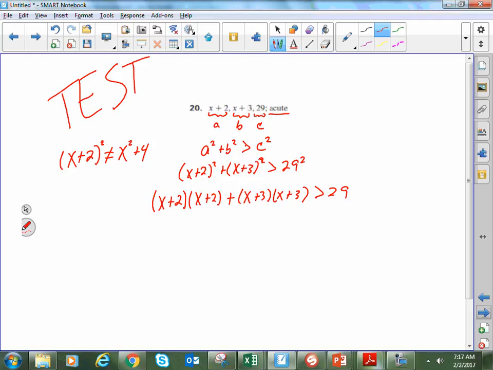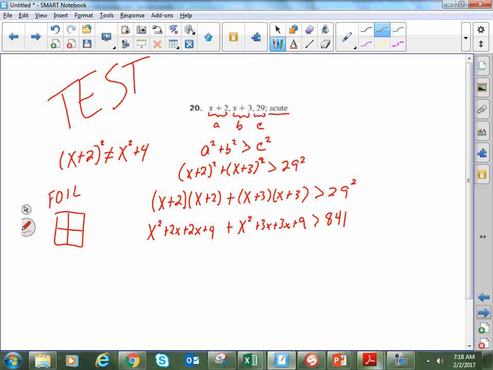Now, depending on what your algebra teacher taught you, they may have given you an acronym called FOIL, or they may have given you a box, which looks like, in biology, a Punnett square. Either way, you're going to multiply the expressions together, x plus 2 times x plus 2 and x plus 3 times x plus 3. When I multiply x plus 2 times x plus 2, I'm going to get x squared plus 2x plus another 2x plus 4 when I multiply everything together. For the second multiplication, I'm going to get x squared plus 3x plus another 3x plus 9, and I forgot to square my 29 here. And so 29 squared is